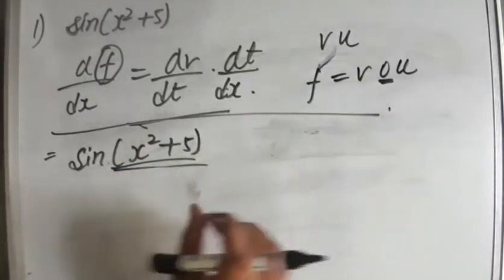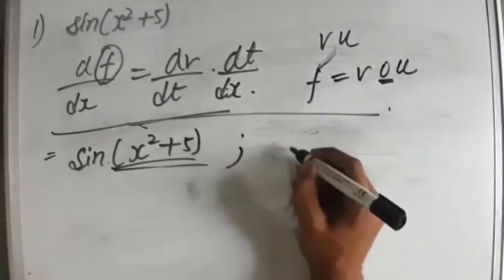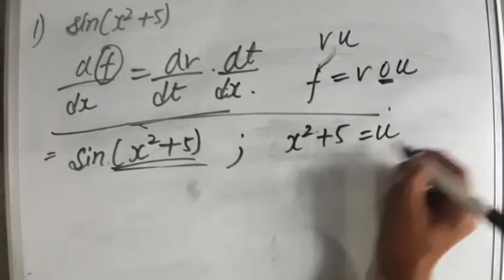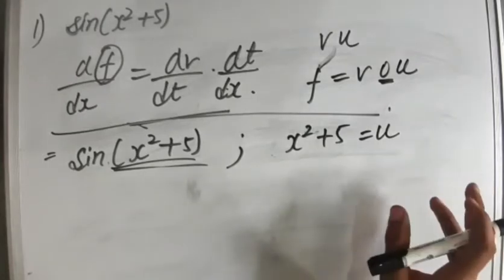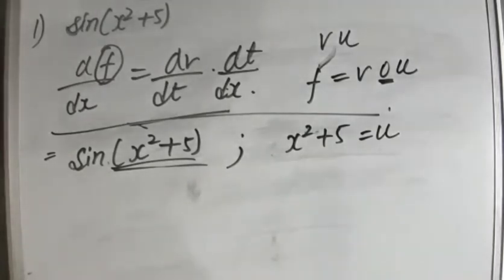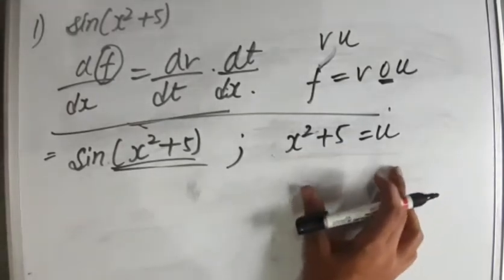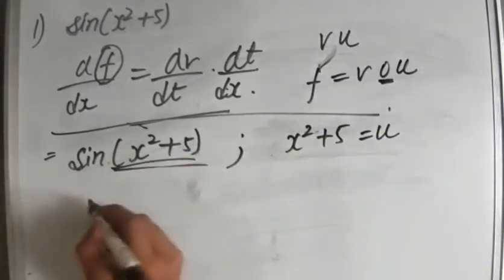So first of all, let us consider x square plus 5, I am writing here x square plus 5 equals u. We have considered this x square plus 5 as u. It's your wish to take u, v, a, b, c, it's all your wish how you want to take it. I am taking this x square plus 5 as u. So